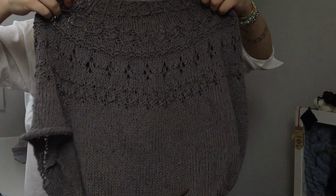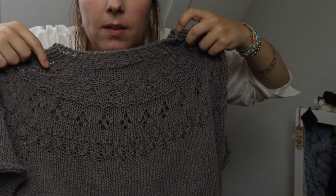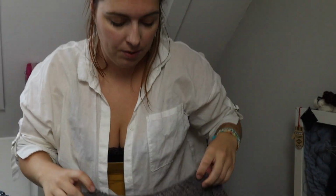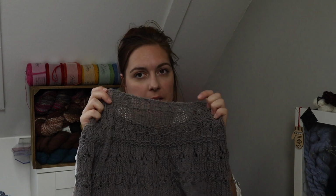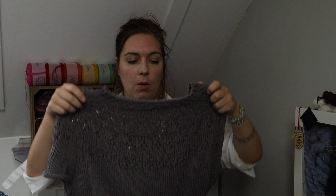For myself, I did the wide neck version. For my mom, I did the little bit closer fitting neck version. We will see how that works. If it really is not her jam the way this fits, I can always cut off the ribbing and reknit it in a different way. So that's something that could happen, but I think it will be fine, because it also stretches out when you're